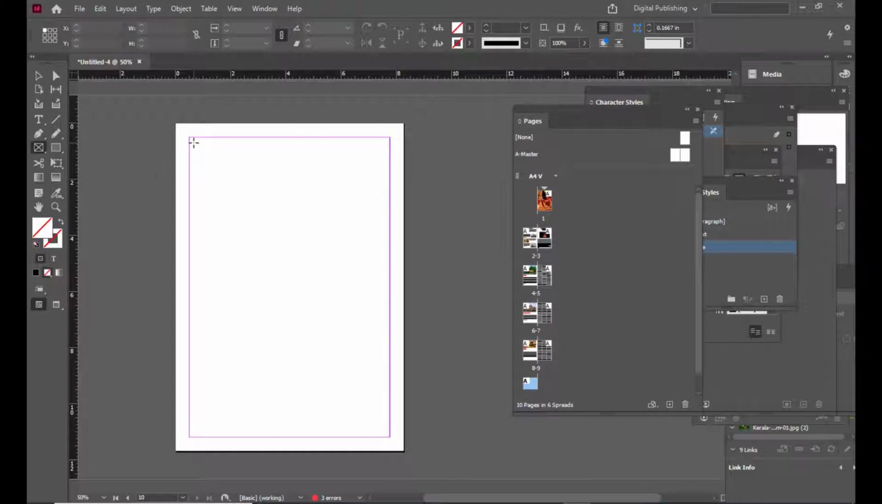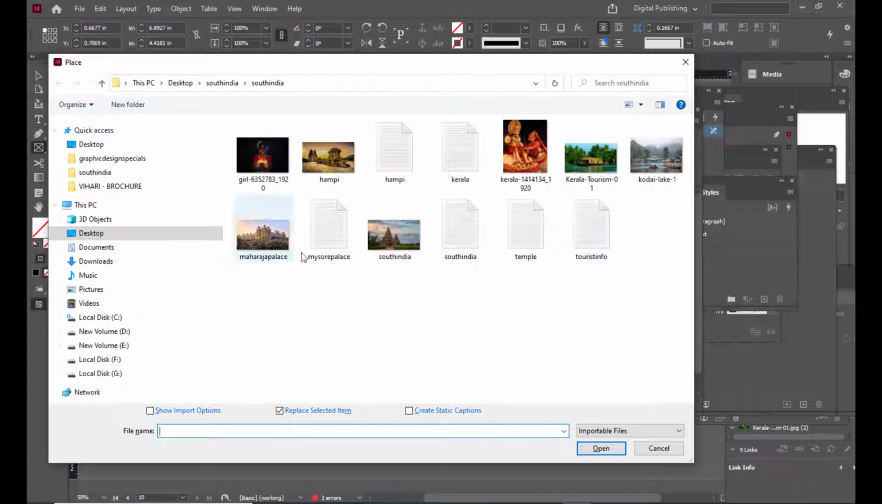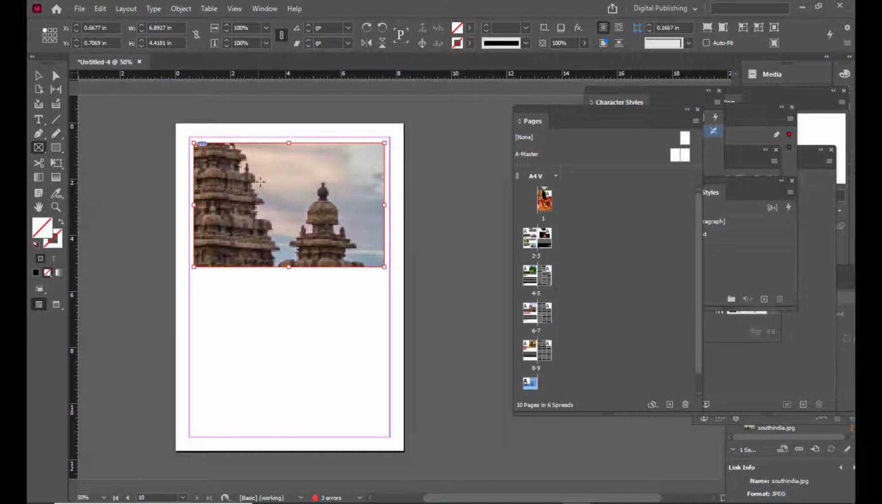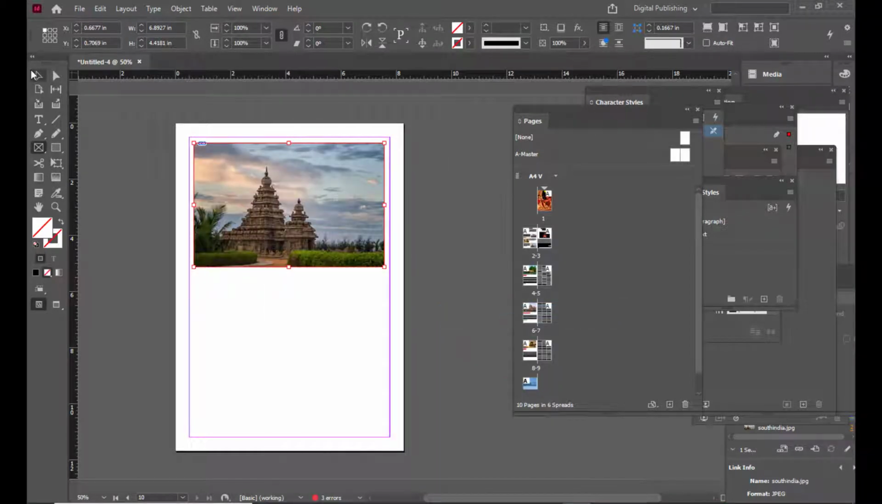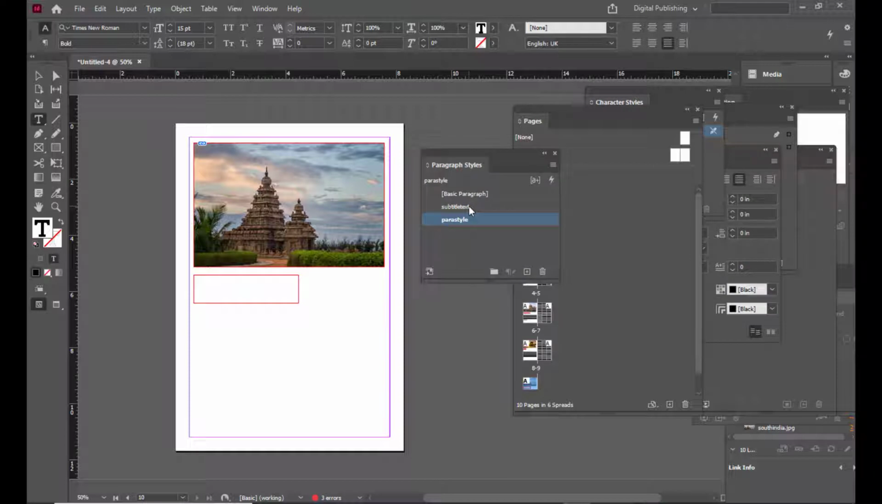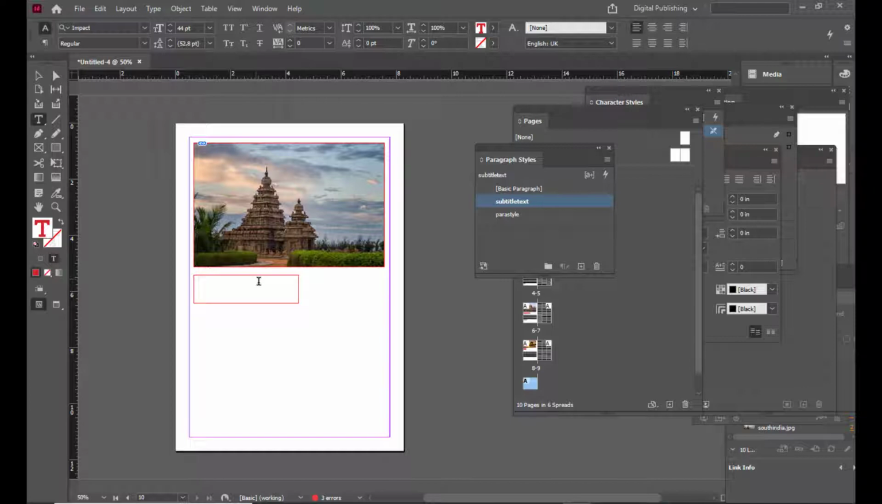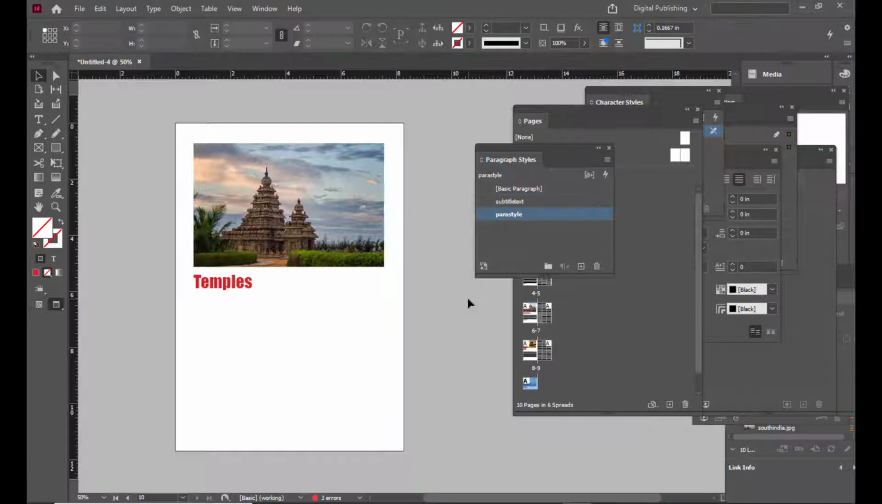So we'll create a rectangular frame, and then we'll get the final image, which is this one, and we will right click and we'll select fitting, fill frame proportionally, and then we'll just put the title here and make sure that the subtitle text is active, subtitle text style, and then we will just type temples. Right, that's it,